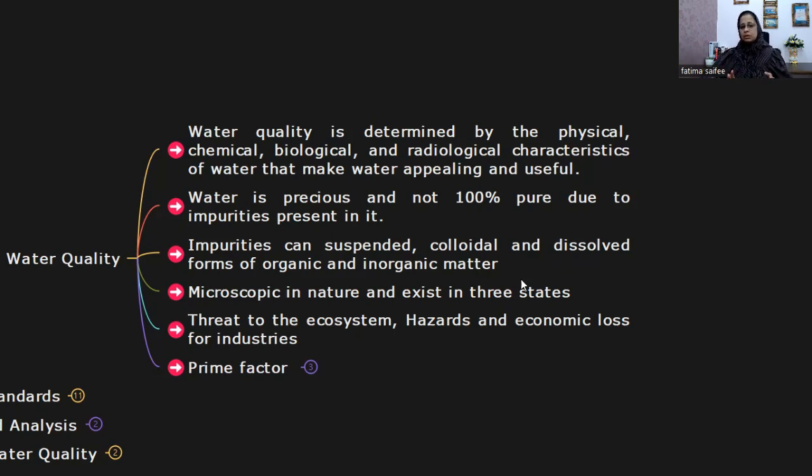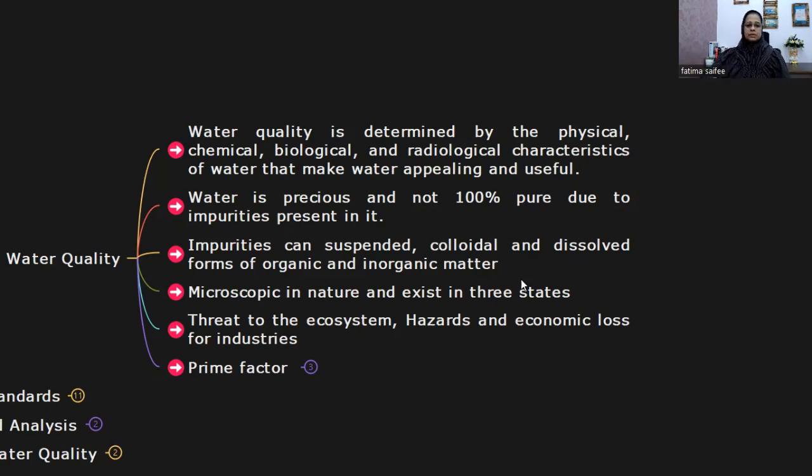These are very dangerous radioactive elements which can be present because water normally comes from the earth. When it comes from some aquifer or groundwater, there may be chances of some radioactive elements because the earth's crust has natural radioactive elements in it. And when these physical, chemical, biological, and radiological characteristics are in a range as per the standard, then that water can be considered good quality water, appealing and useful